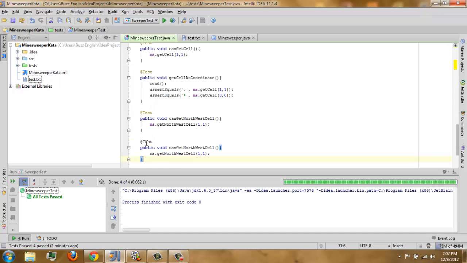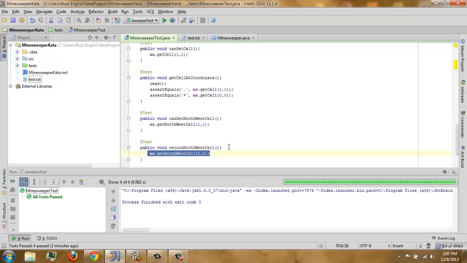So public void return northwest cell. This is a true grid, so we're going to read our input.